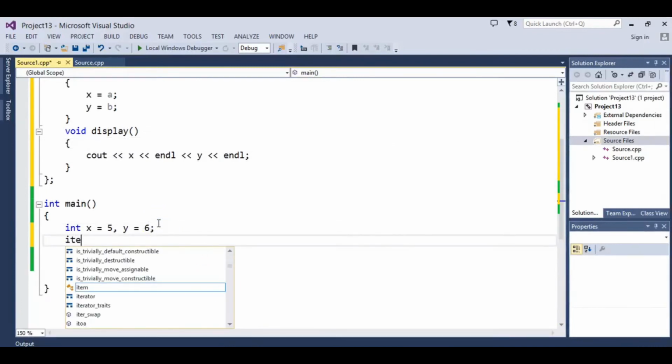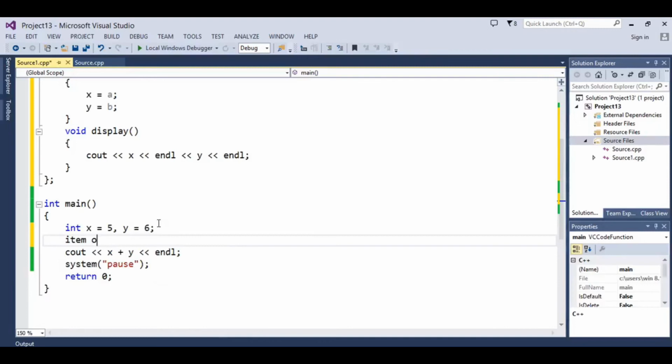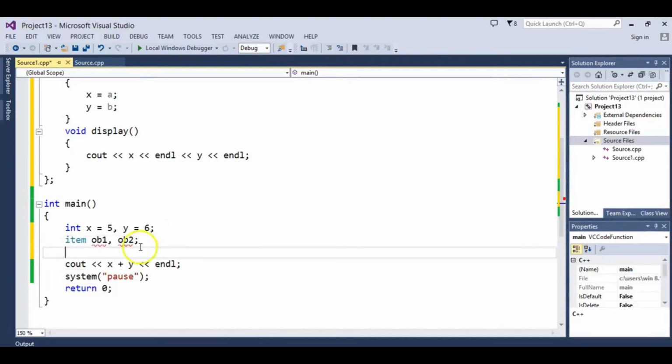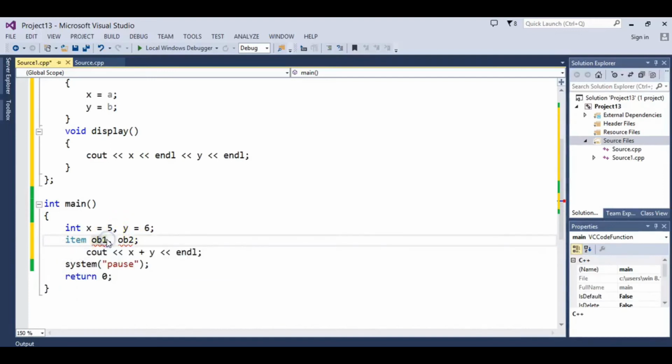I write two objects for this class, object 1 comma object 2. If I want to apply this addition operator, just because it is a parameterized constructor, I need to declare something here for one object and then for the second object, 2.3 comma 8.5. Okay, let's say these are my two objects.